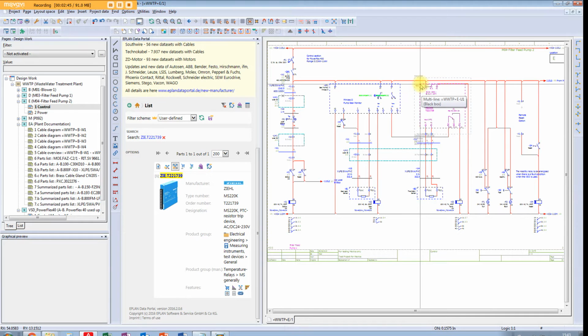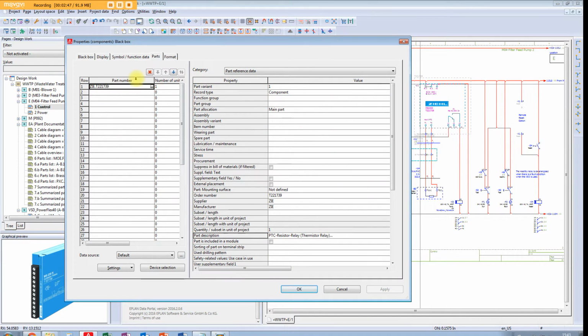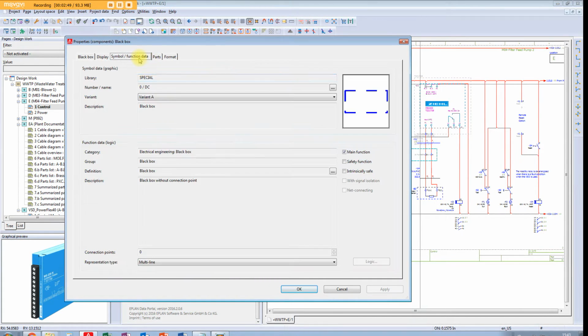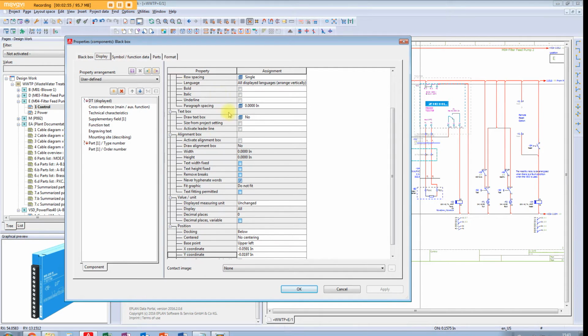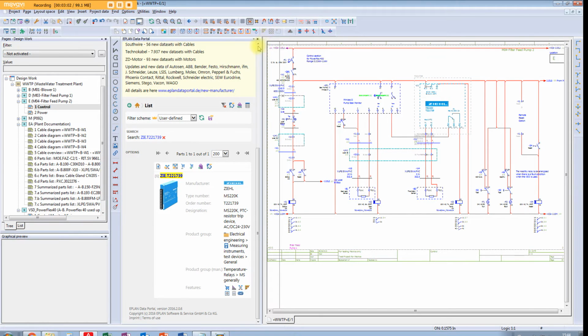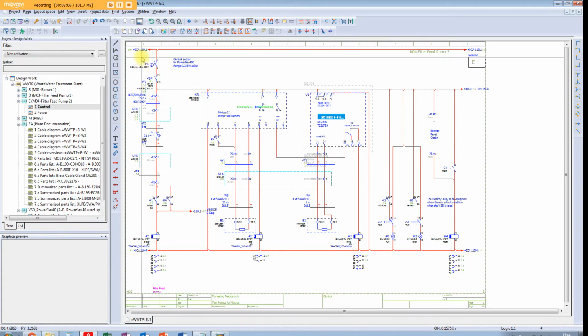I've inserted one here, and if I double click I can see that I've got my part number, various other pieces of data, and in fact quite a bit not visible here, but which can be caused to appear on the schematic and which will also appear on the parts list. The data portal can save a great deal of work because most of it will have been done by the